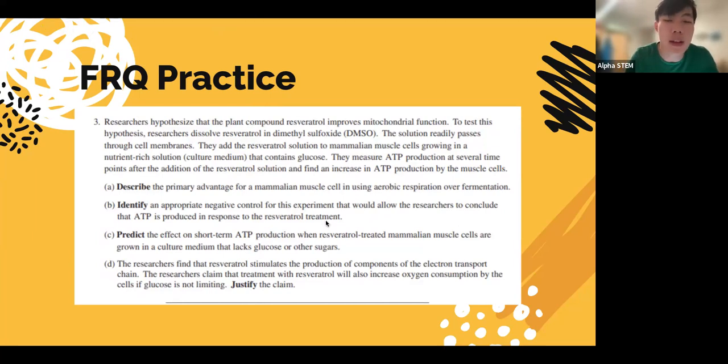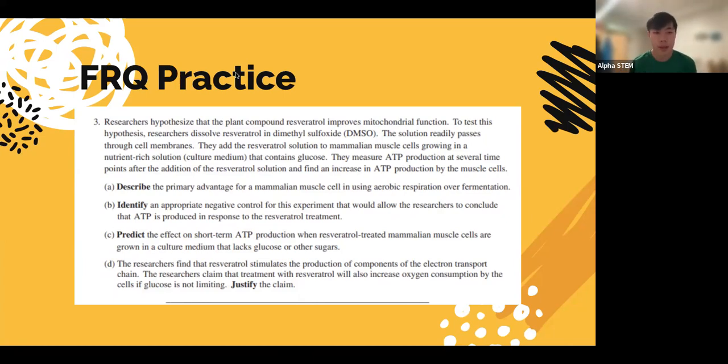For this one, you just have to mention that fermentation creates 2 ATP per glucose molecule, versus cellular respiration can produce on the order of 30 something. So therefore cellular respiration is a lot more efficient per glucose molecule. B says identify an appropriate negative control. For this one you just have to state that you would run a trial without adding resveratrol,